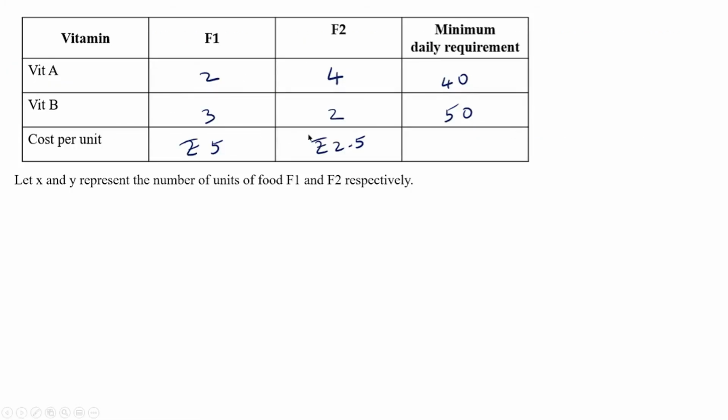The same table is here again. So let us take, let X and Y represent the number of units of food F1 and F2 respectively. So we have taken X as the number of units of food F1 and Y as the number of units of food F2. So the objective function is we have to minimize the cost. Now 1 unit of F1 is rupees 5 and 1 unit of F2 is rupees 2.5. So the objective function is given by